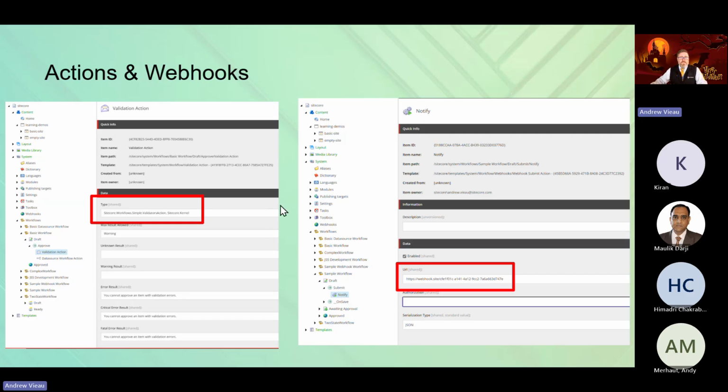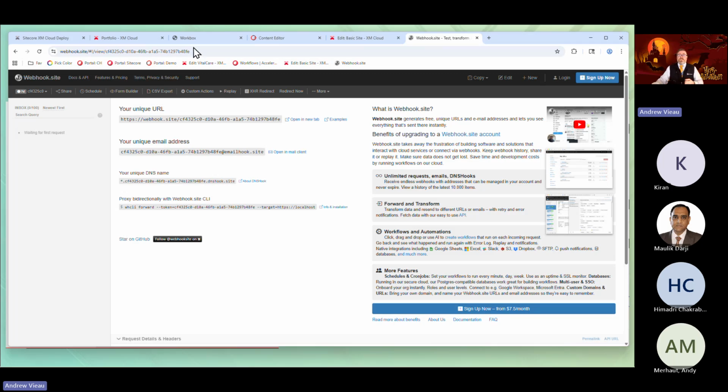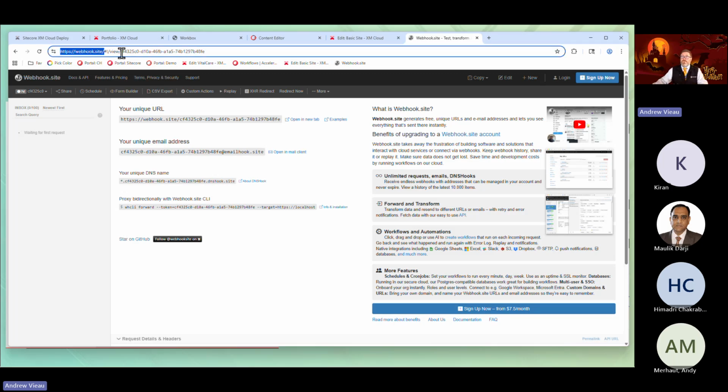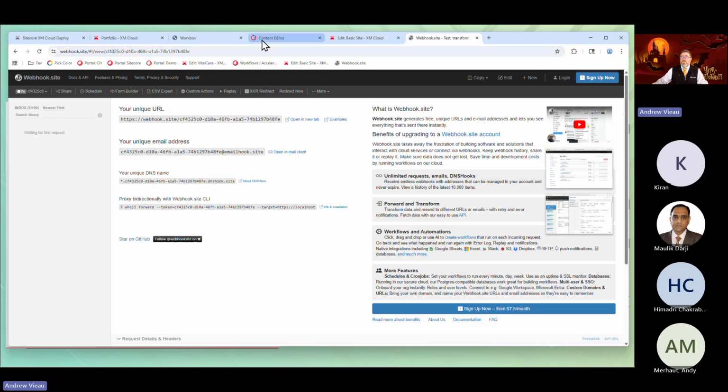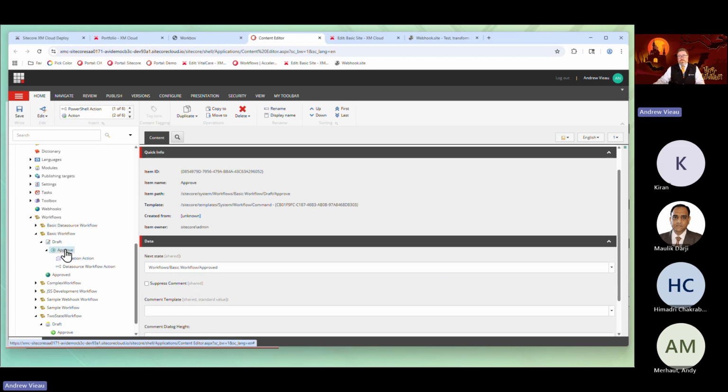So just showing how we can leverage those, I'm going to go to webhook.site. This is a really useful site that you can use to test webhooks. You get a unique URL, which I'm going to go ahead and copy to the clipboard. And then I'm going to go back to my content editor. And on my basic workflow, not my data source workflow, under approve,